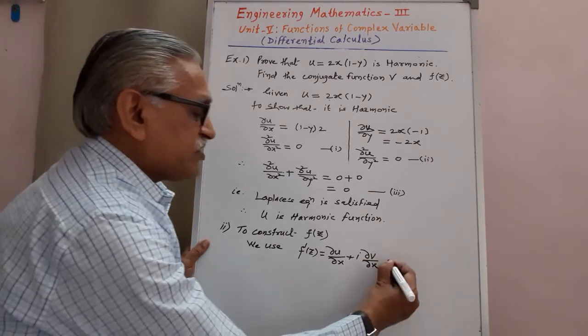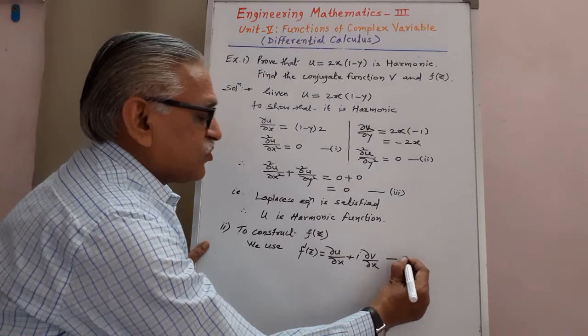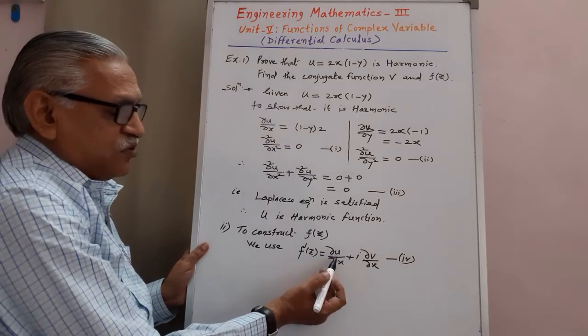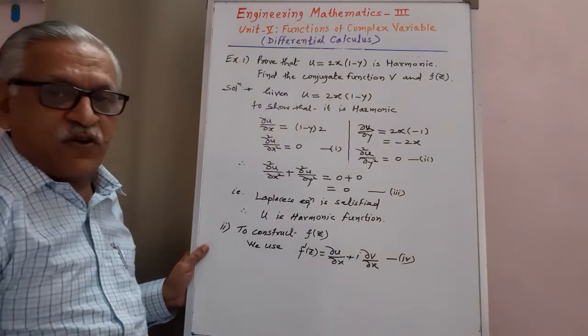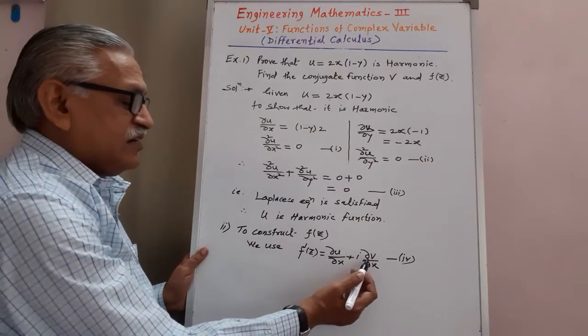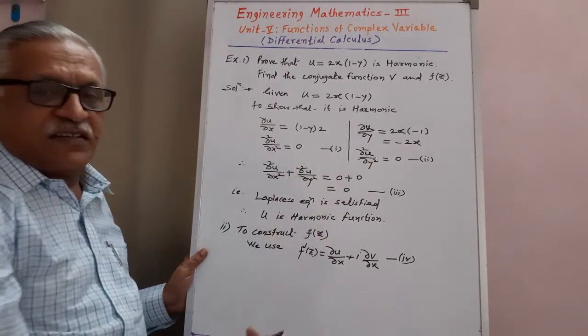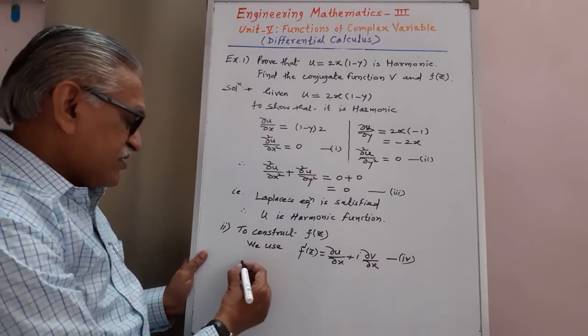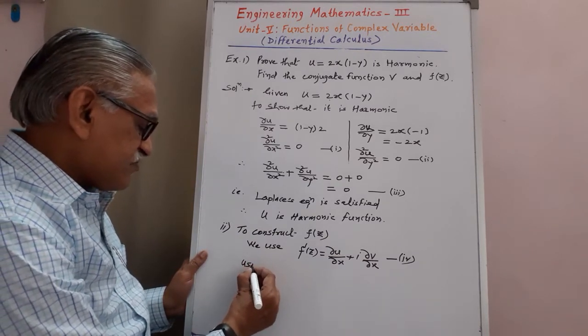We call this equation 4. In this equation 4, we have the value of ∂u/∂x. We don't have the value of ∂v/∂x, but as the function is analytic, CR equations are satisfied. Therefore, using CR equation,